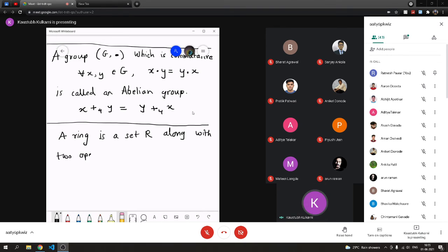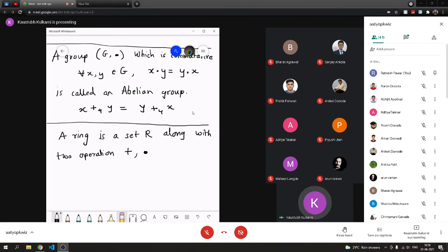So if we have a set and one operation, it can be a group if it follows those 4 properties, and a set with 2 operations. Okay, now I'm using this symbol. You can use any symbol, but I'm using this symbol. This is not literally addition, just a symbol that I'm using. Okay, so with 2 operations plus and dot,